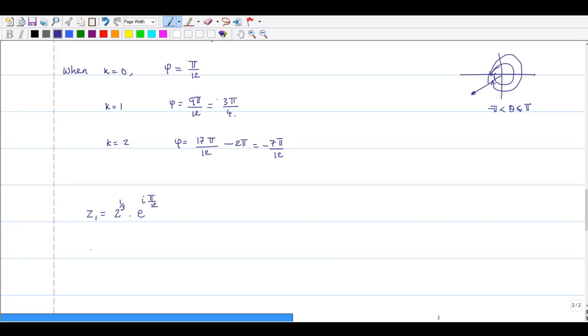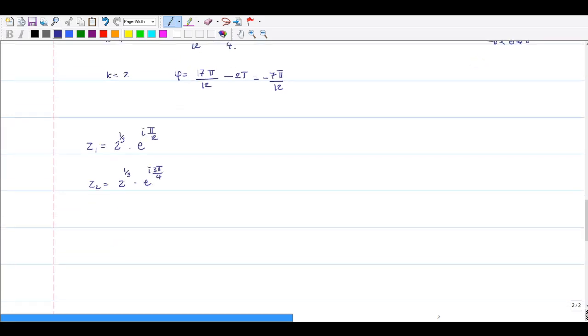And Z2 which is equal to 2 to the power 1 by 3 into e to the power I 3 pi by 4. Okay, and Z3, the third complex number is 2 to the power 1 by 3 into e to the power I minus 7 pi by 12. Okay, so these three are the